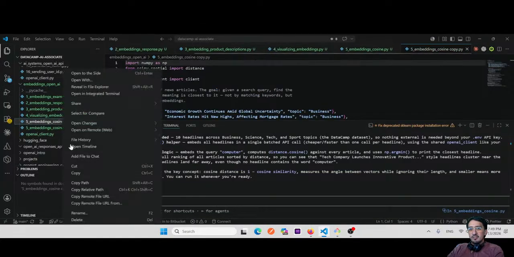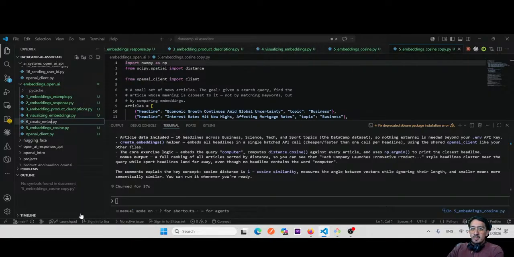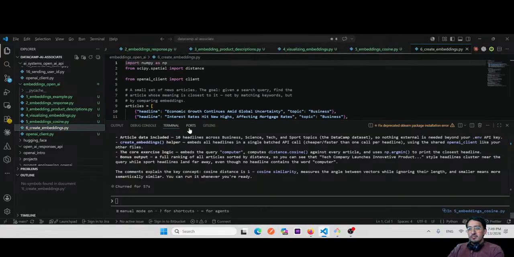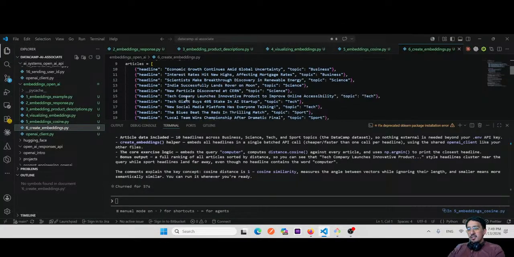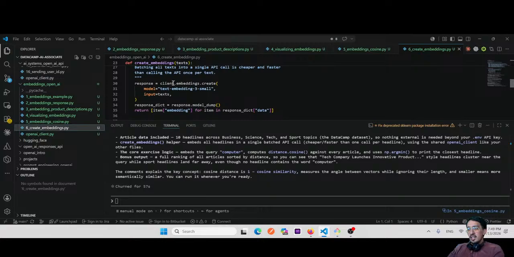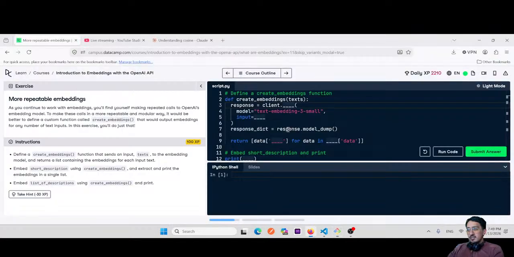So create embeddings. So in this one, in this case, we're gonna call the client embeddings create, and the input is gonna be this text, then return response data, return embedding, and it's gonna return you the list of embeddings, and then